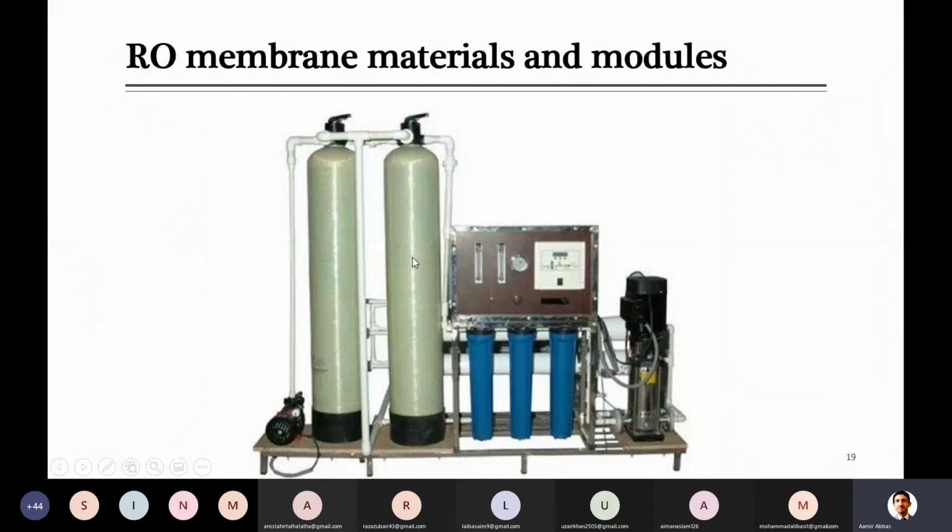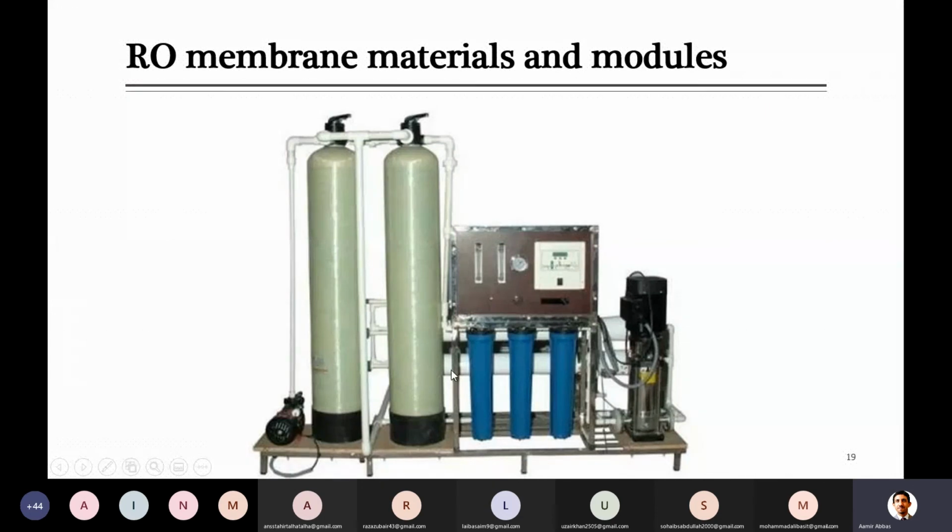Maybe in some of those you are removing other impurities through just mesh. There can be the screen. So actually the purpose of showing it here is that when you bring the water to the membrane, that water is cleaned, and a lot of impurities are already removed from it.